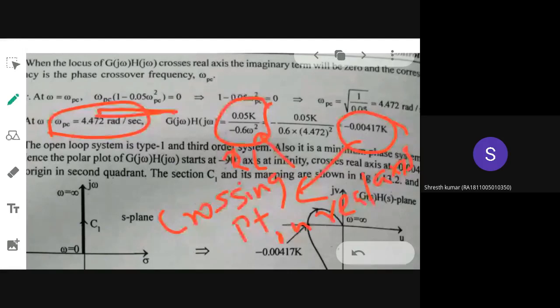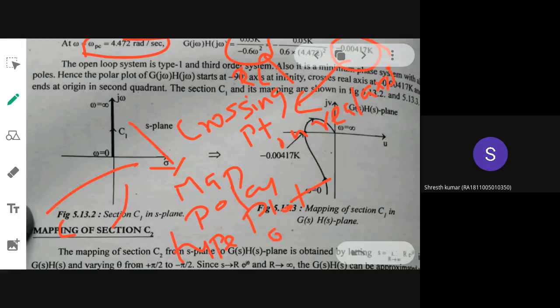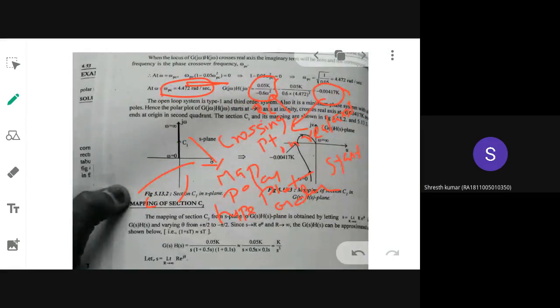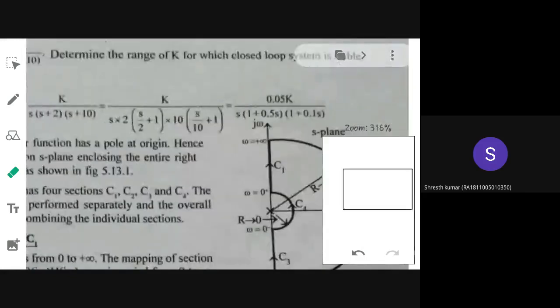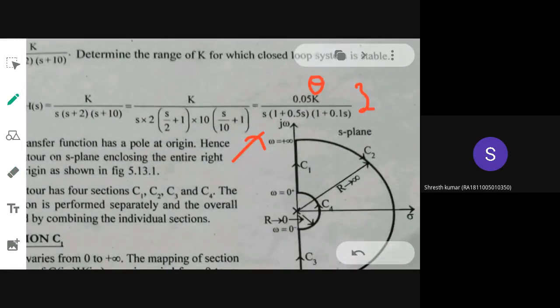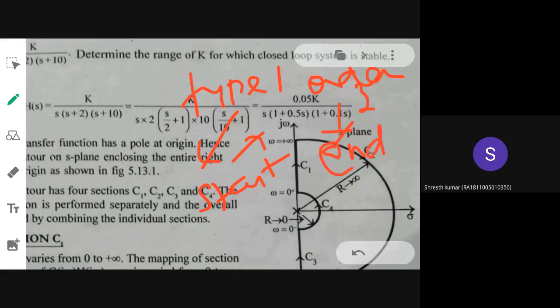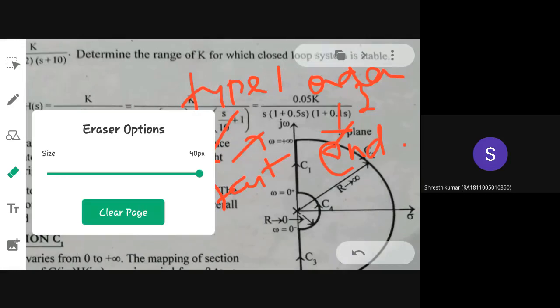The reason I am doing this is, as I already told you, whenever it comes to an infinite line segment, the map will always be a polar plot. If it is a minimum phase transfer function with only poles in the denominator, you can use type and order to determine where the plot starts and where it ends. For this system, as you can observe from the previous case, the order is third order and the type is 1. So type 1 determines your start, and order determines the end of the plot. Remember that aspect: type 1, order 3.